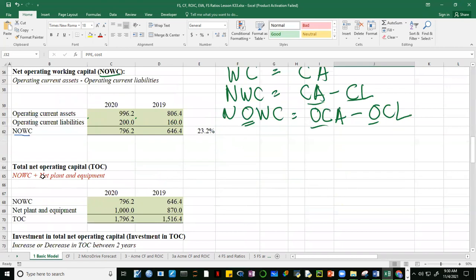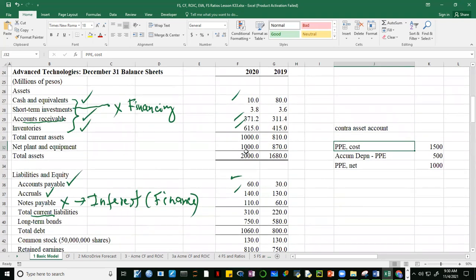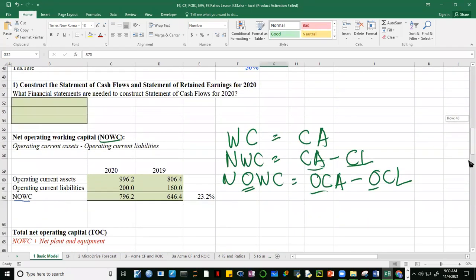See net plant and equipment. So we have the net plant and equipment given in the balance sheet. Okay, so let's take a look at that. Net plant and equipment for 2020 was 1 billion, because the figures are in millions, and then 817 million for 2019. So there was an increase; the company was investing also in its